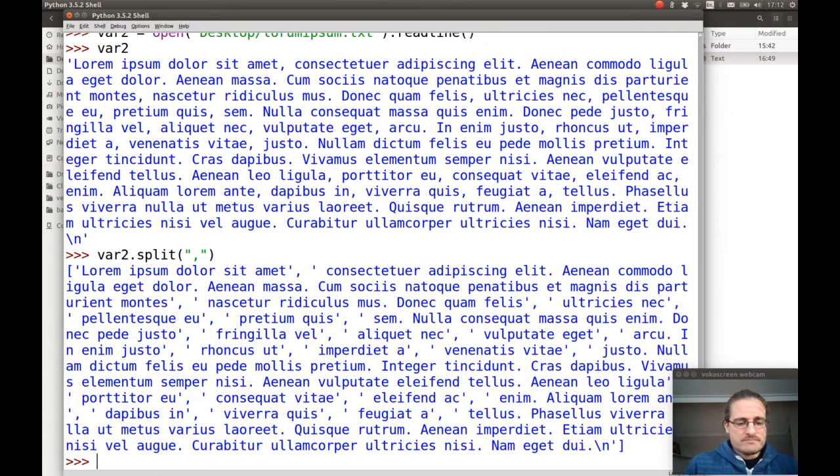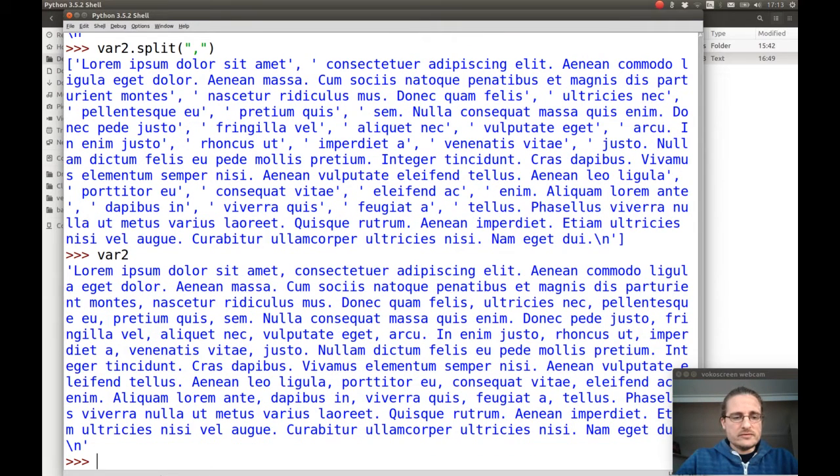So what we've done so far is reading from a file, but it's also very useful to write to a file. So let's say we want to write var2, the first line of the document, to a new document. To do this, we have to open a new document,